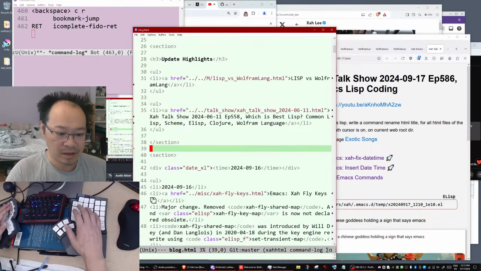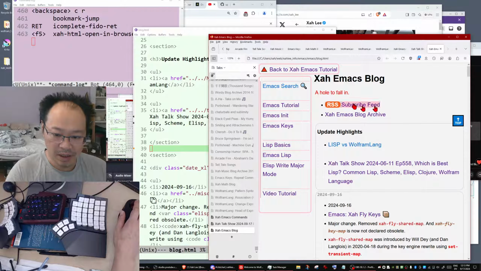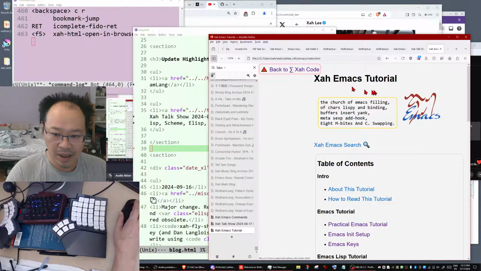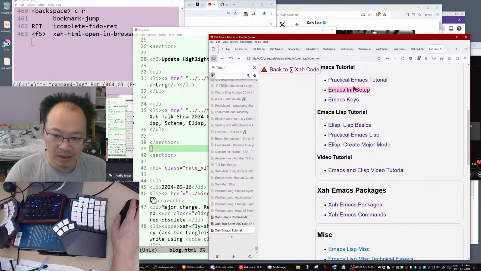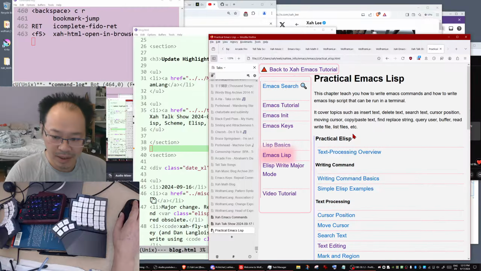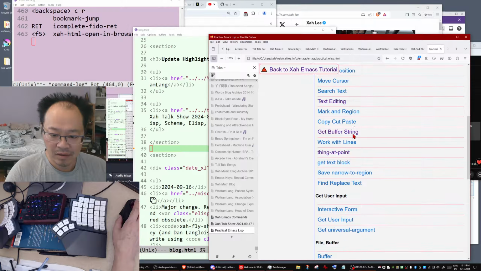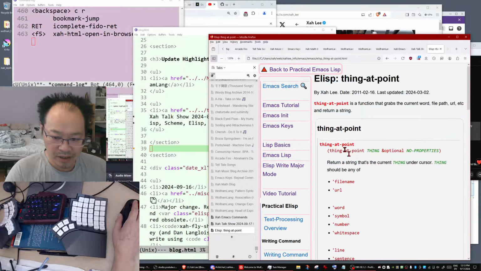If you are new here, check out my Emacs tutorial. There are like 800 pages of tutorial on Emacs and Emacs Lisp, practical Emacs Lisp. Go there and you got a section on thing-at-point.